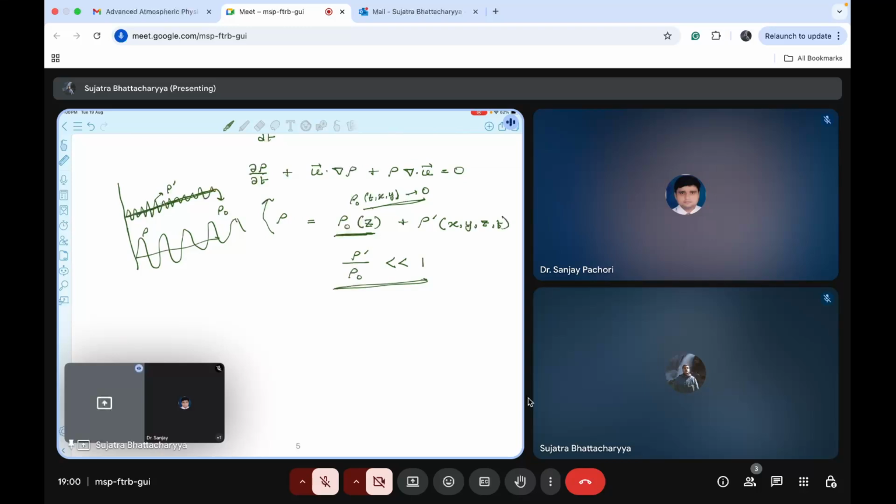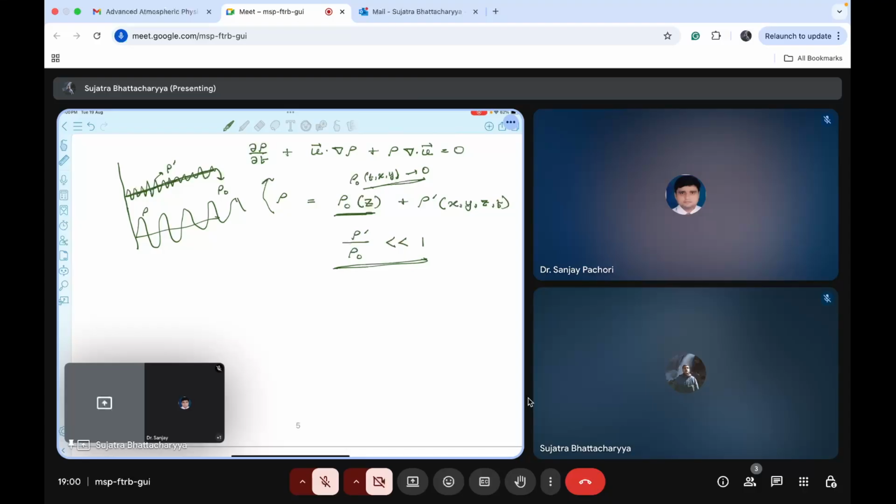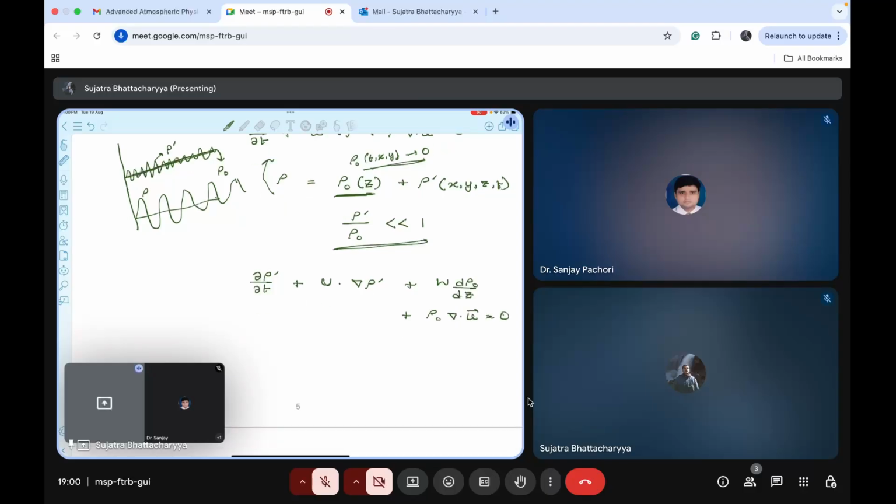Now let us apply these perturbations in this equation. All right, so let's do that. So what we will have: delta rho dash by delta t plus u dot grad rho dash plus w into d rho naught by dz plus rho naught del dot u is equal to 0. Okay, have you understood this? Let's see. Let me